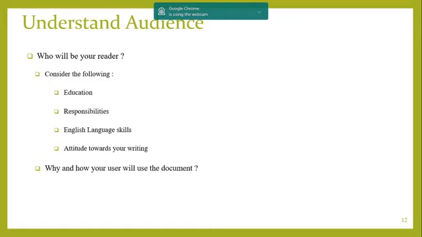It will be read by experts or industrial persons, or somebody who is very good in their subject matter. So when you are writing your paper, remember which educational background your reader comes from, and what their responsibilities could be. And English language skills,